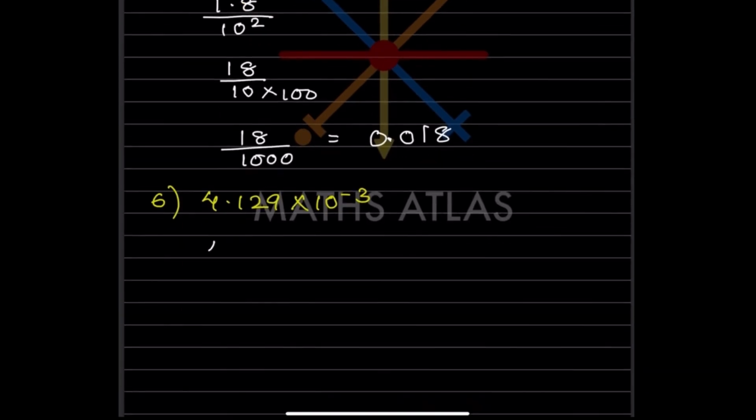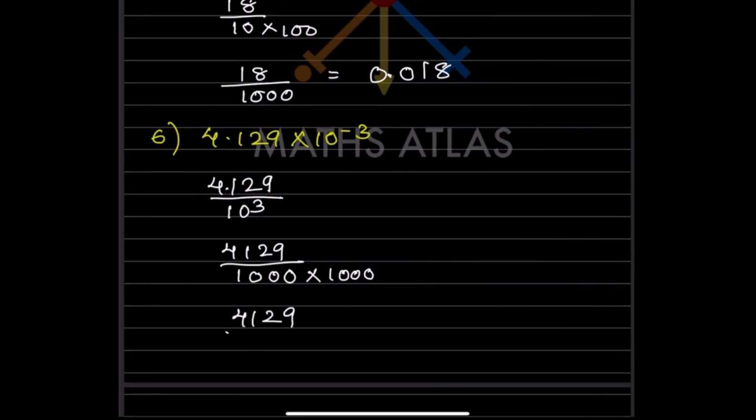Now for this one, 4.129, that will be 10 raised to 3. So now let us write here 4129, because we are removing the decimal, means after the decimal there are 3 numbers, so 3 zeros, and into this one, these are 3 zeros. So that is going to be 4129 divided by 6 zeros, 1, 2, 3, 4, 5, 6. So you are going to write here 4129, and you are going to put a decimal after 2 numbers. Now see here, 1, 2, 3, 4, 5, and 6 numbers, because there are 6 zeros. So this is the answer.